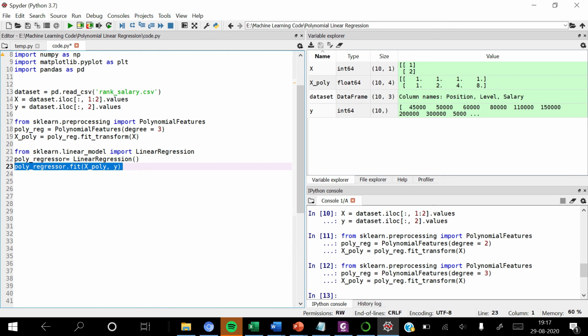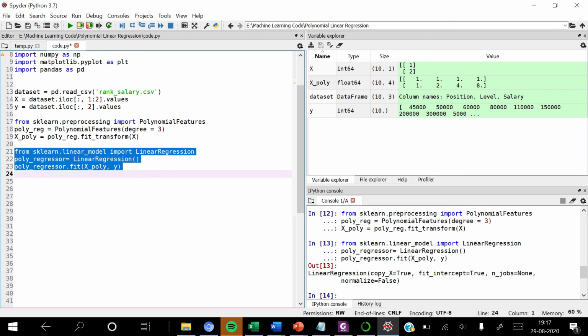And in order to build the model, we have passed the pre-processed value of X, which is in polynomial form. This is available in X_poly, while our dependent variable Y contains the value of corresponding salary. Let us execute these commands. So you can see that our model has been built successfully. This is all about this session. In the next session, we will perform its visual analysis and we will also perform predictions over this dataset.